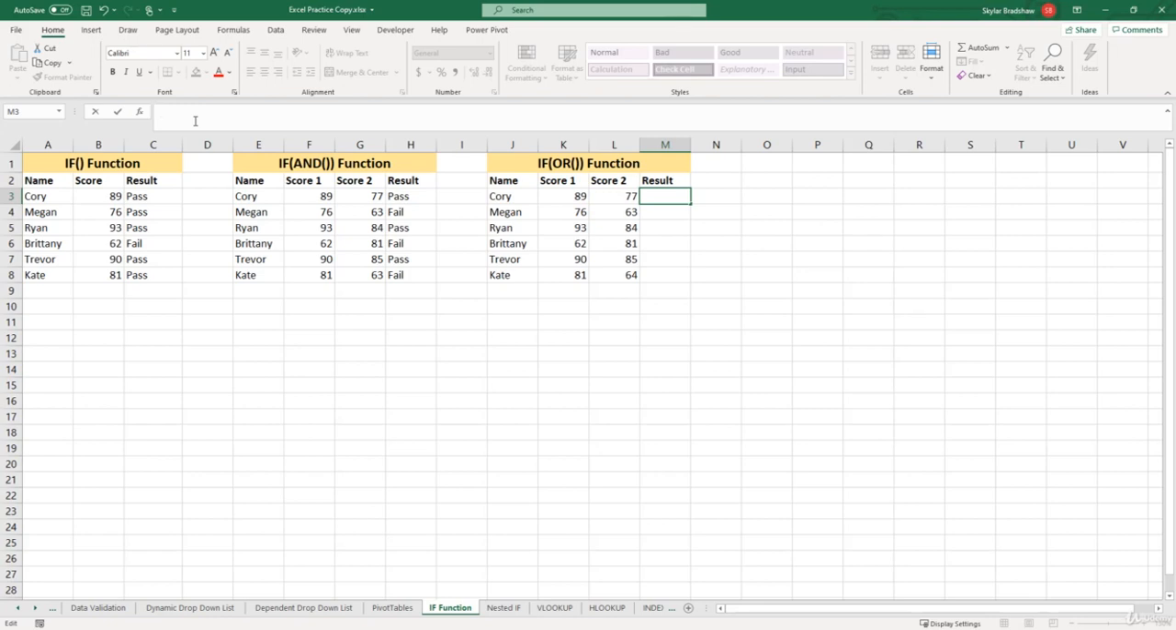So we've got to start with the =, and then IF, open parentheses, and the first argument is asking for the logical test, and this is where we're going to place our OR function. So let's type in OR, and then open parentheses. Once again, we are going to be testing multiple conditions. For the first condition, we are going to see if this person scored higher than a 65 for score 1. So we can click score 1, greater than 65, and then place a comma to test the second condition,